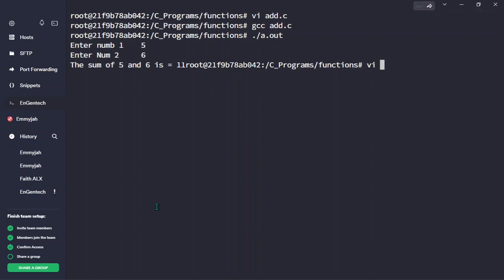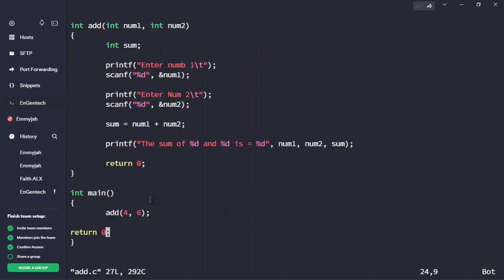Or the 4 and 6, rather, the one we actually inputted. Let's see to that. Add.c. In here, we asked a user to put a value. So now, for us to check if our 6 and 4 is working by calling the function,